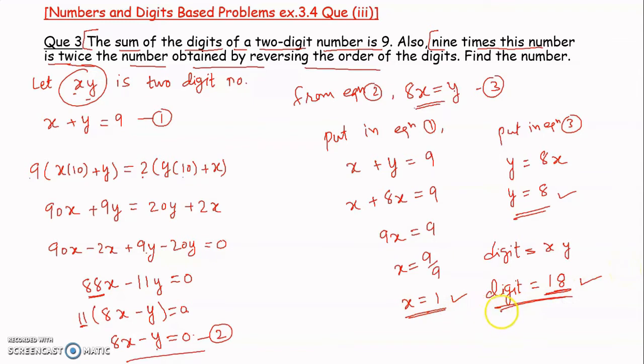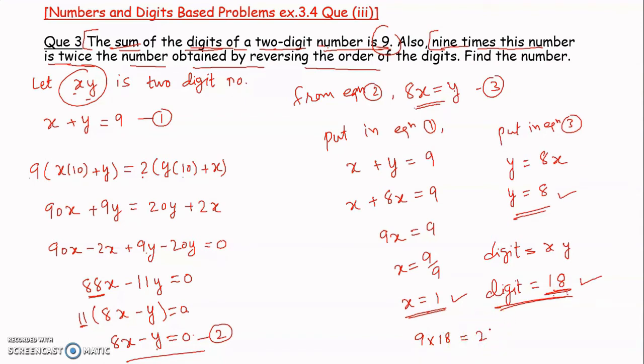Okay. You can check these conditions here. First condition is in the question: given sum of digits of two digit number is 9. So here two digits are 1 and 8. Their addition will be 9 only. 1 plus 8, that will be 9. And second, 9 times this number. So 9 times this number means 9 multiplied with 18 will be equal to